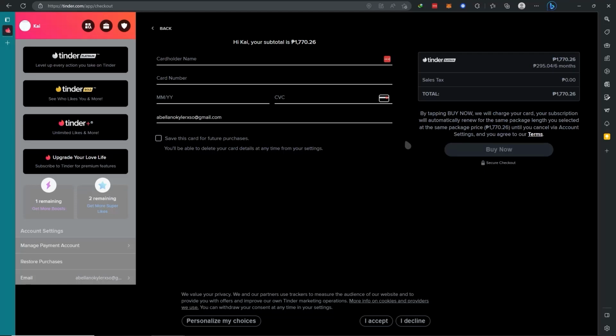But don't worry, after a few weeks or 1 week maybe, because I have used this free for 1 week and then I canceled it and I got my money back, and that is how I enjoyed the Tinder Platinum for free in 1 week. So I just need to provide the details here and then buy now, and then don't forget to control your